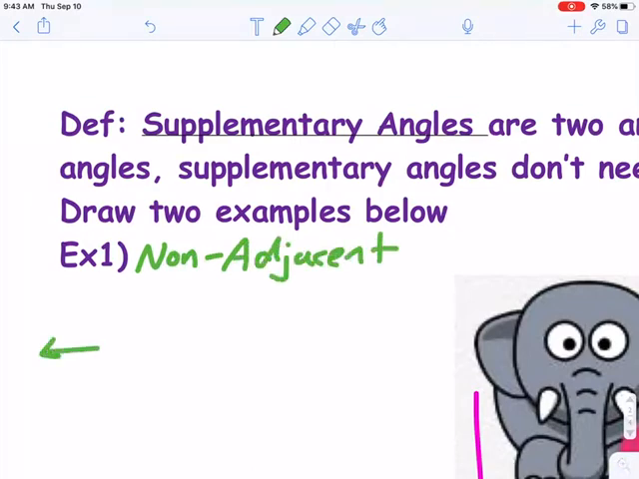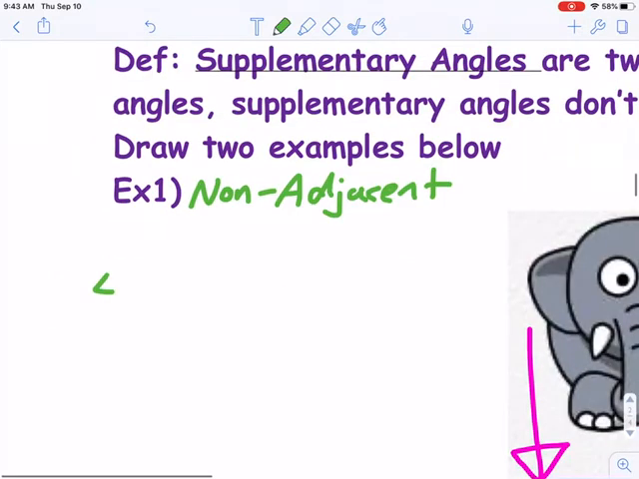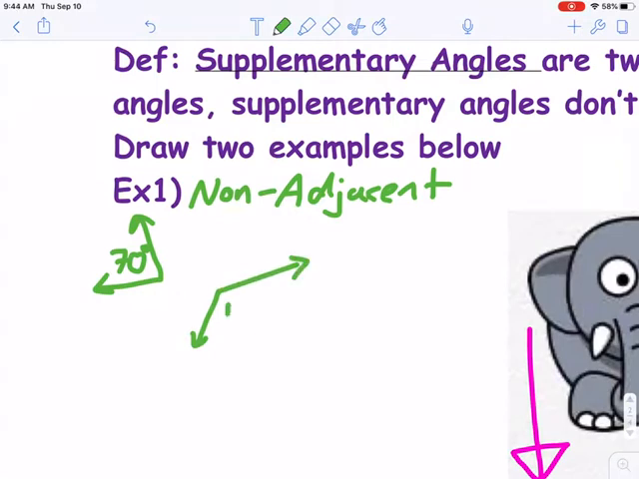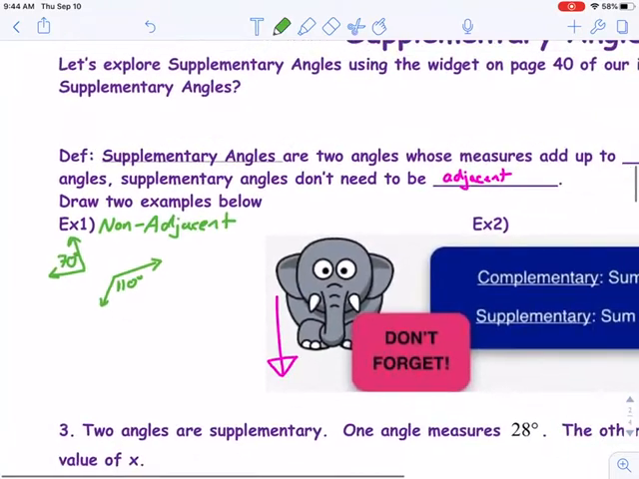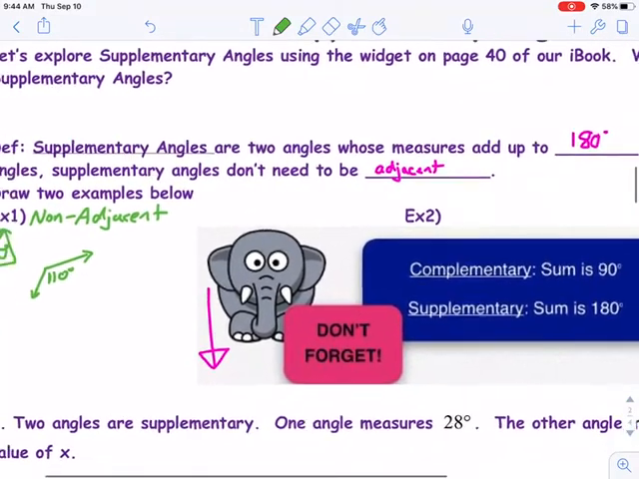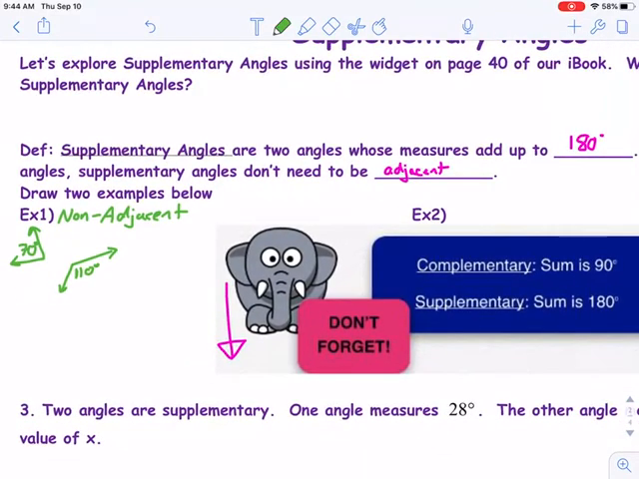So you can have a 70-degree angle chilling right here. So that's some 70-degree angle. And then we got some 110-degree angle right here, all right? These two angles are supplementary. They add up to 180 degrees. And we'll be talking about supplementary angles basically the whole year. They never go away. Then we have the adjacent